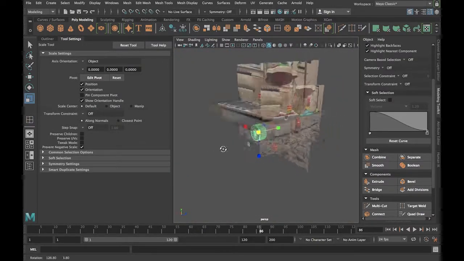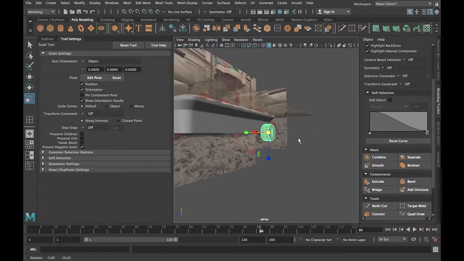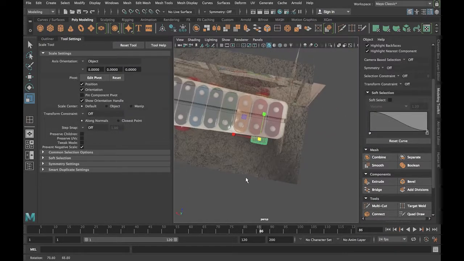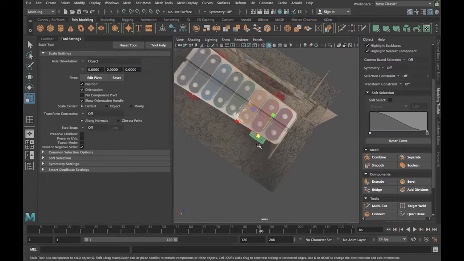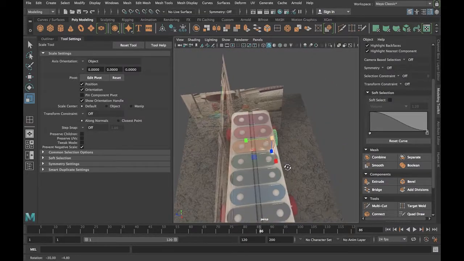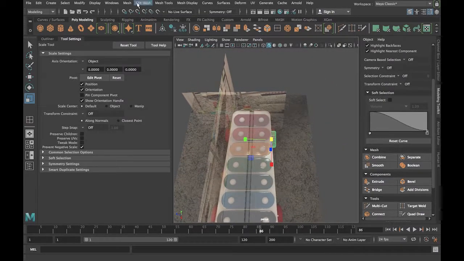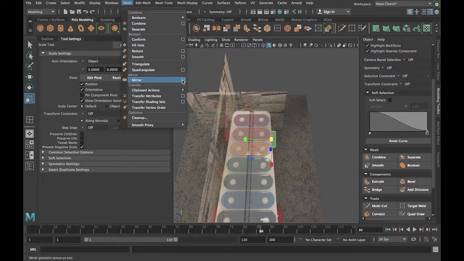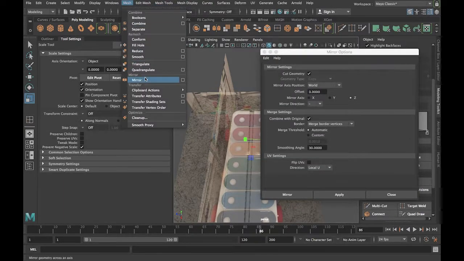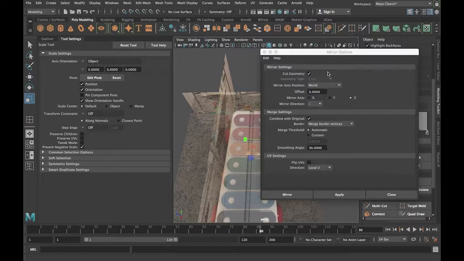Okay, so I have one wheel modeled, and now I can duplicate that wheel, but what I can also do, which is a little bit easier, is just use my mirror function here under Mesh and Mirror. I want to mirror it in the world, into the Z direction